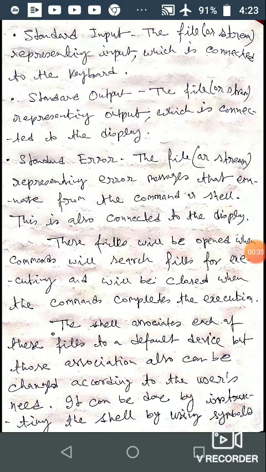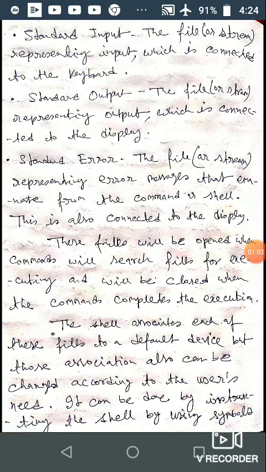In our previous session we mentioned the three types of terminal devices: standard input, standard output, and standard error device.